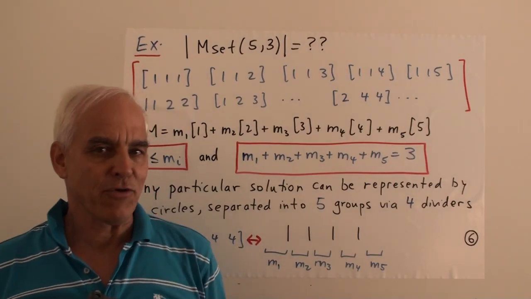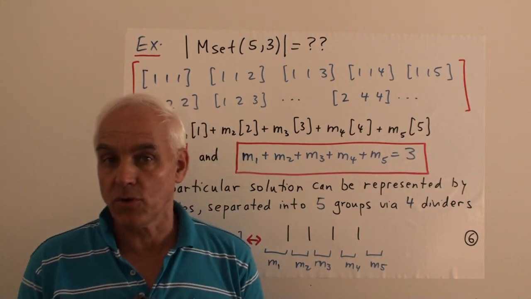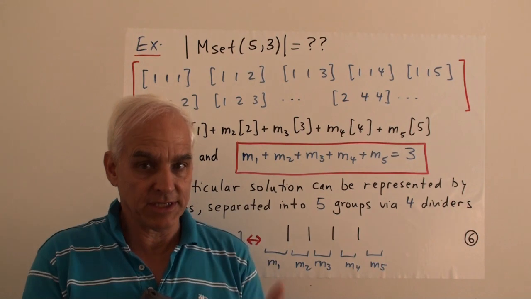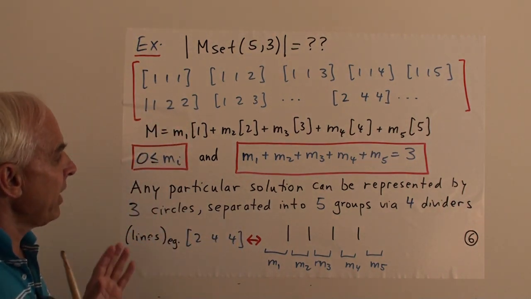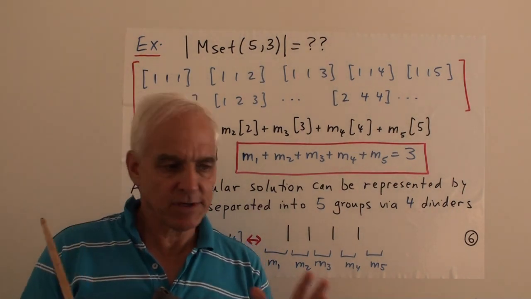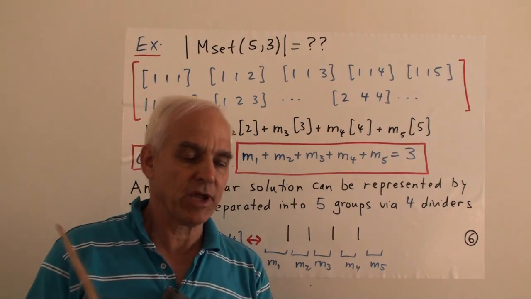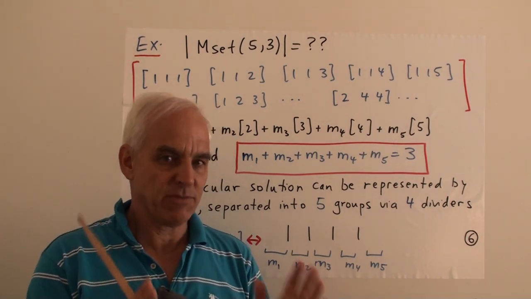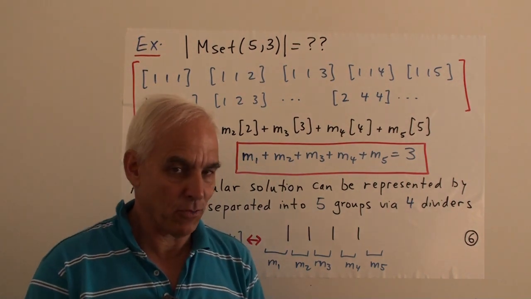Now there's a rather clever argument here. If you've taken a discrete mathematics course or a combinatorics course, you will have seen this argument because it's a very fundamental one. But many of you will not have seen that, so it's probably better to start with a special case. If we're looking for some pattern or some formula and it's maybe a little bit tricky, we don't know what to do, looking at special cases where we can work things out and see what the pattern is is a very good way to start.